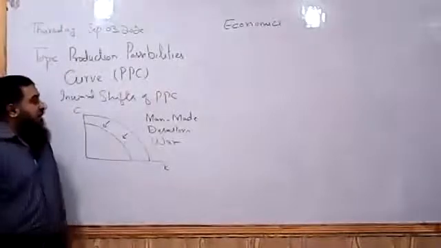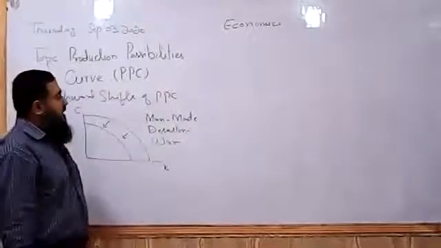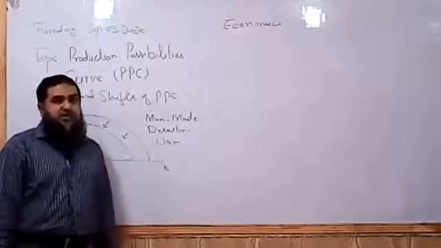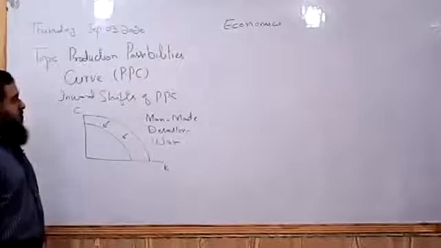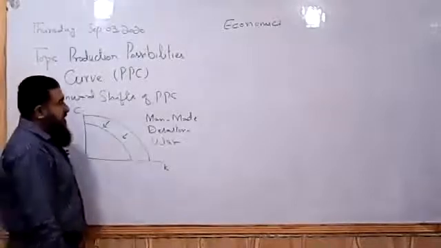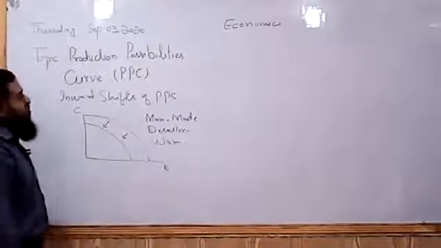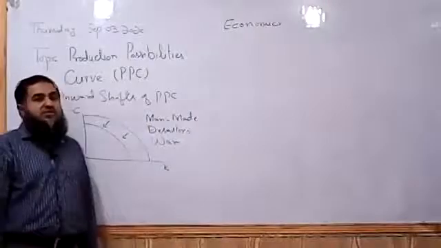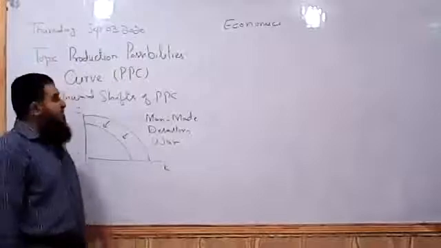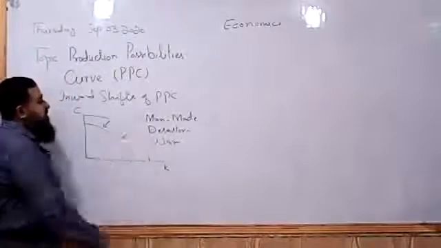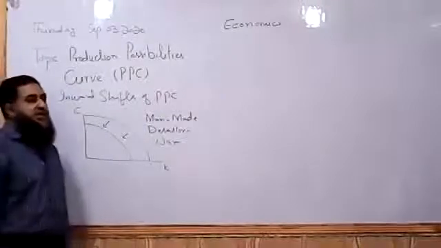Or we can say nowadays we are having a fall in our GDP level because of the corona effect. We were having lockdown effects. Many of the factories were closed down, schools were closed down. So gradually now we are opening our schools and industries. Due to the coronavirus, we have a global decline in the output level around the globe. So our country is also affected. So in that case, the PPC will shift inward. That is not a man-made disaster. We can say that is a natural disaster.